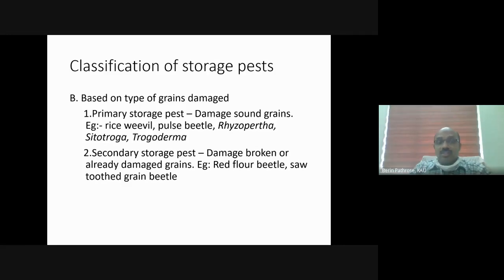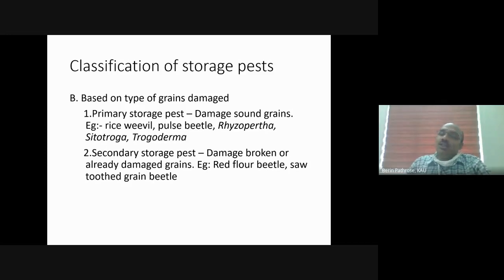So those insects which have the ability to damage whole grains or sound grains are called primary storage pests. And those insects which are able to damage only already damaged or broken grains are called secondary storage pests. So usually what happens is that the grains will be first attacked by a primary storage pest, because